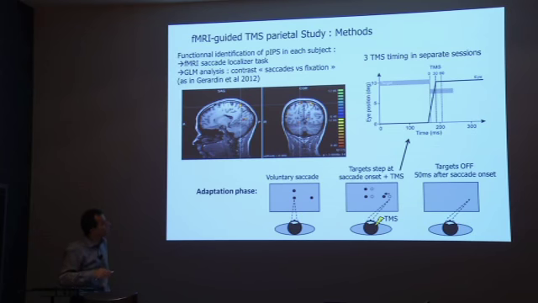We had 4 sessions for each of the 2 experiments. We have 2 experiments, one for reactive saccades and one for voluntary saccades. In each of these 2 experiments, we had 4 sessions, 3 in which we tested different timings of single-pulse TMS stimulation of the parietal cortex, at the beginning, 30 milliseconds or 60 milliseconds after the beginning of the saccades. And the 4th one was a control situation in which we stimulated the vertex.